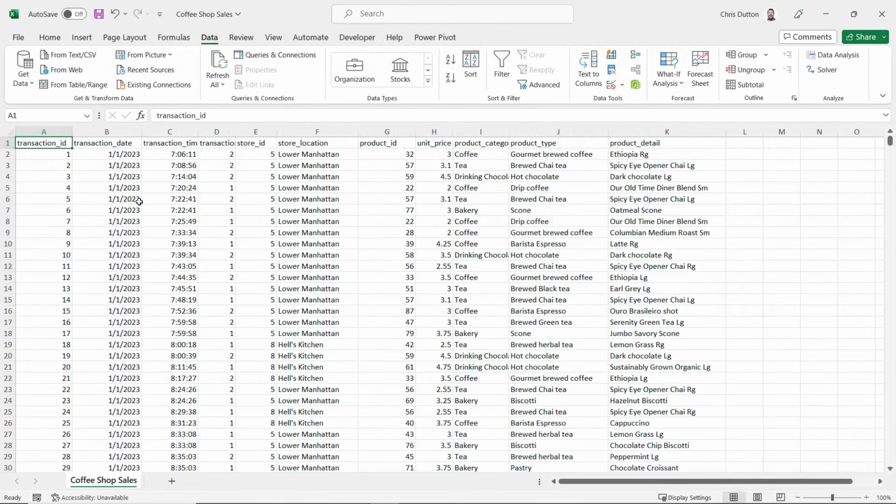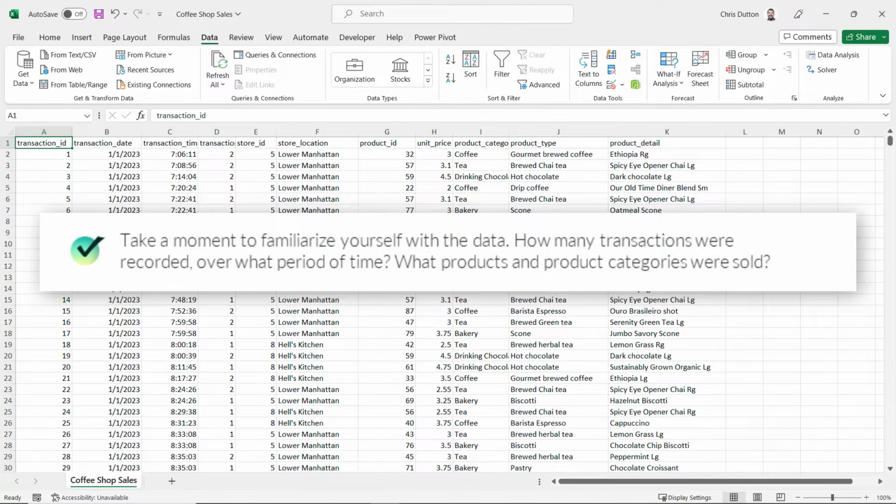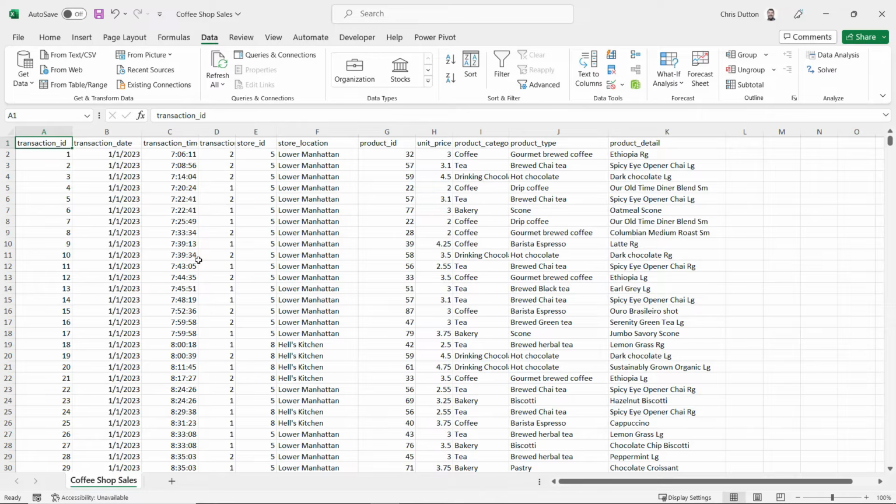Okay, so if you'd like to follow along, go ahead and open up a new Excel workbook and load up the coffee shop sales dataset. This is what it looks like, and remember that first task is really just to get familiar with this dataset. We want to understand things like how many transactions we're dealing with, what's our date range, what products are sold at this bakery. So one way that I love to do this is by simply selecting that header row